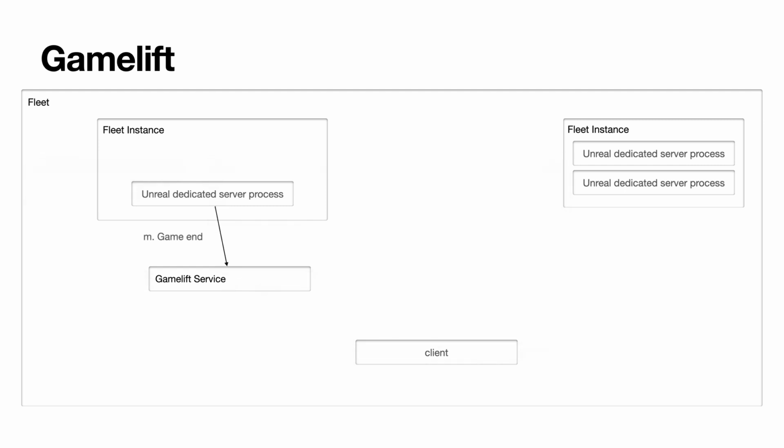When the game ends, the Unreal dedicated server process needs to call process ending to tell the GameLift service this dedicated server process will end, and it needs to call quit server to terminate the dedicated server process in 5 minutes. Once the Unreal dedicated server process is terminated, the GameLift service will start a new Unreal dedicated server process to replace it. New loop again. If an Unreal dedicated server process quits without calling process ending, there will be a process exit without calling process ending error, and the GameLift service will mark it as crashed.